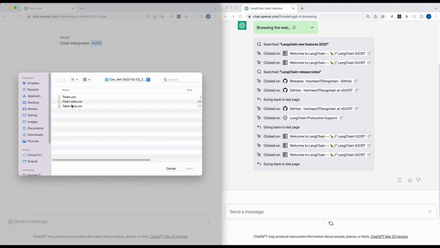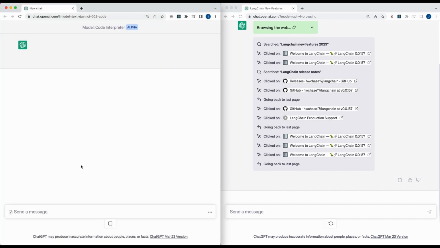So if I just go ahead and upload, I have some of my YouTube data here. None of this data is a secret by any means. I started on YouTube a handful of months ago. I'm still a relatively small creator, as you see. So if I just upload some of this data, I didn't get a comprehensive data set. I could certainly make this data set quite a bit bigger in terms of what I exported from the YouTube analytics page. But just to give you a bit of a reference,